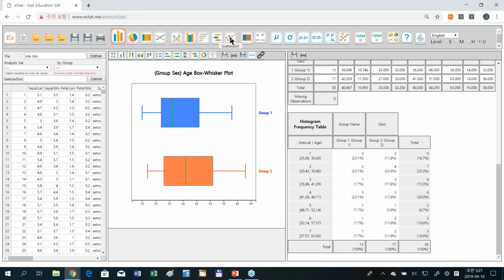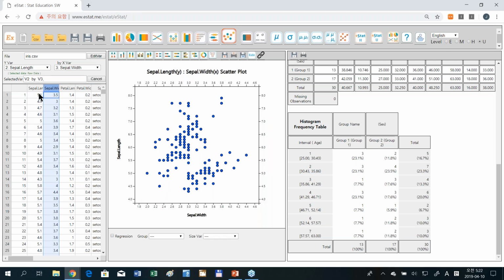Let's try a scatter plot. If you hit two columns, the first one is Y, the second one is the X coordinate. You will see this. You can see the regression like this. Also, here's iris type.